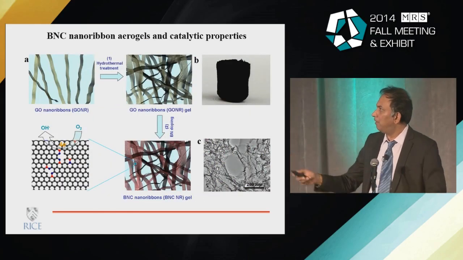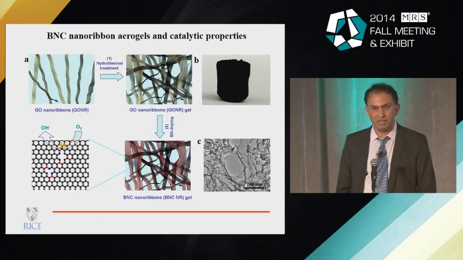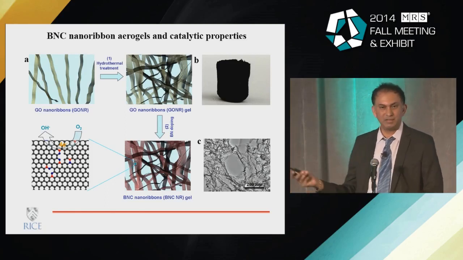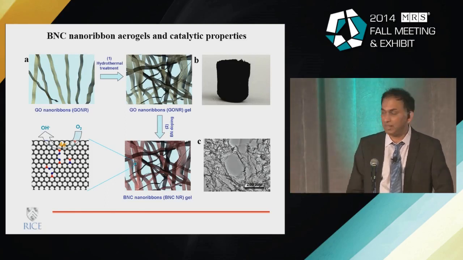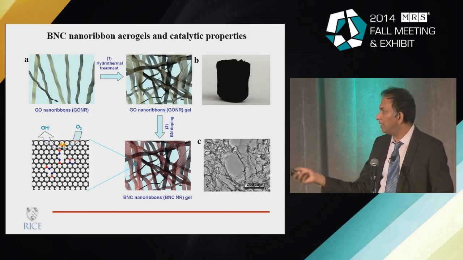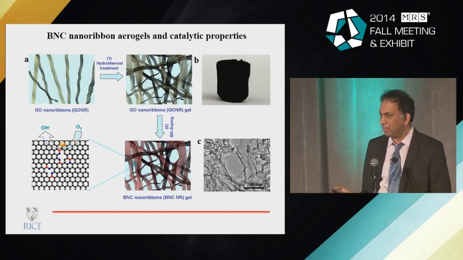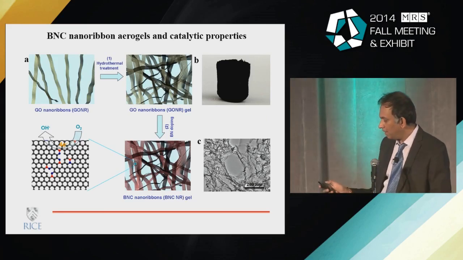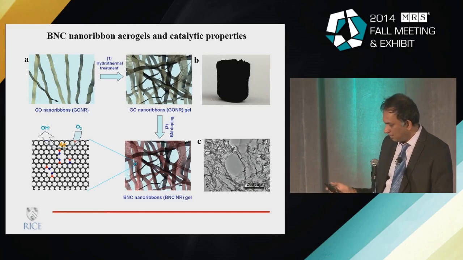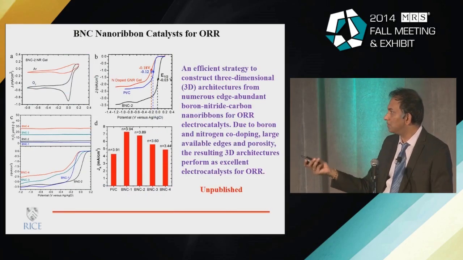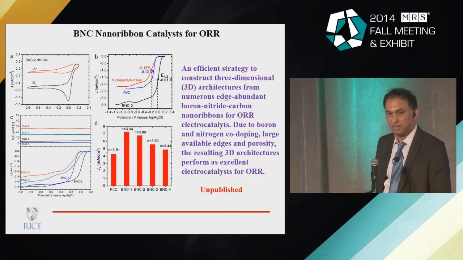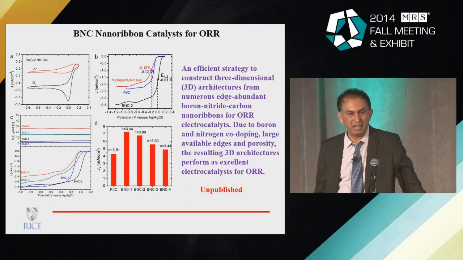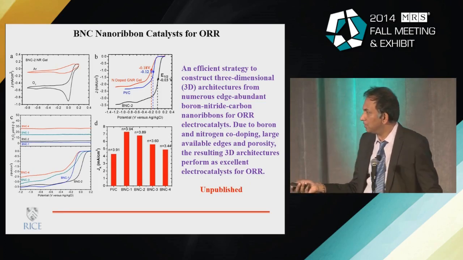And the same idea of conversion of carbon into boron, nitrogen, carbon systems can be implemented on any kind of system. It doesn't have to be a flat graphene layer. It could be a graphene ribbon. And we have been actually looking at possibilities of creating these hybrid nano ribbons of carbon, boron, and nitrogen, and creating these type of three-dimensional constructs that could be very interesting for things like the oxygen reduction reaction. In fact, I already mentioned that things like nitrogenated carbon or nitrogen-doped carbon can be pretty good in terms of these type of applications.